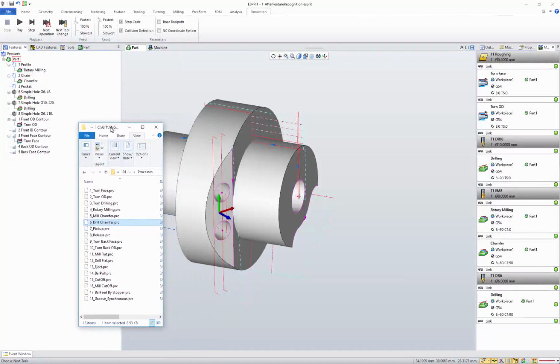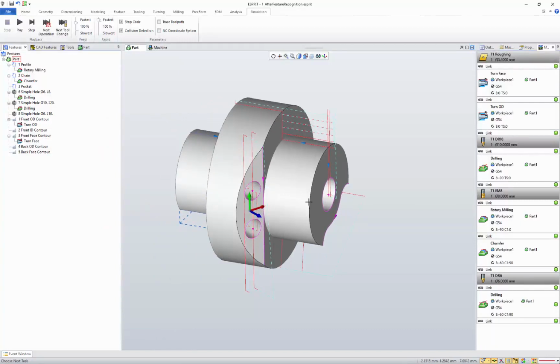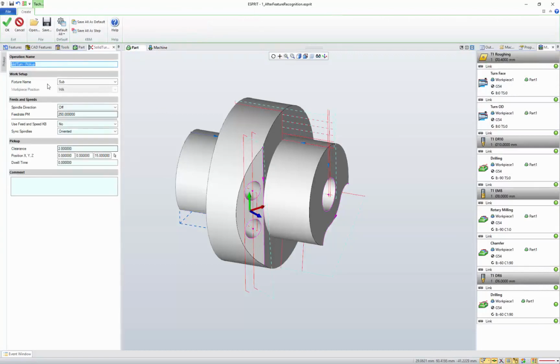Okay, at this point, programming of the front of the first side of the part is done. I'd like to now transfer the workpiece to the subspindle. For that transfer, I'm going to come pick up the workpiece with the subspindle and release the workpiece from the main spindle. So go to turning, select the pickup operation. Most important setting is to select the fixture that is going to pick up the part, subspindle. Pickup can be done spinning or not spinning.